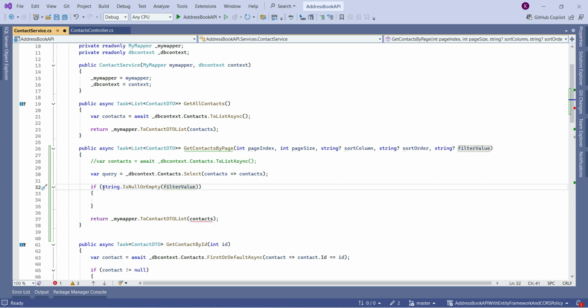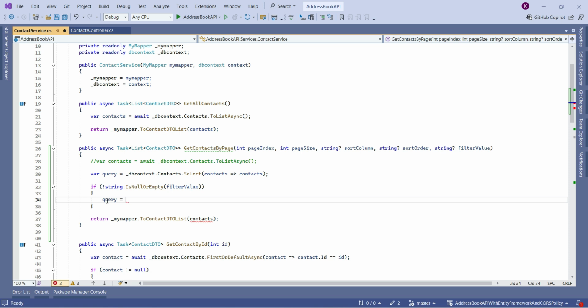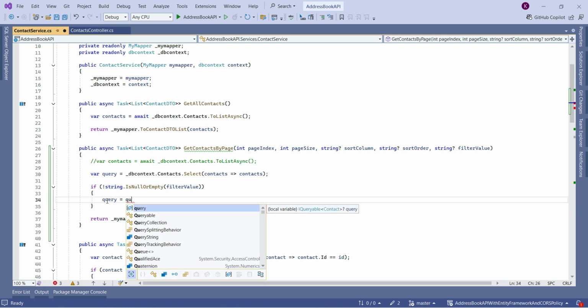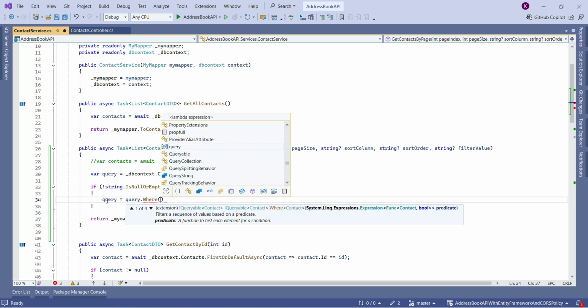And of course, we need to put an exclamation mark in front of it, because we're checking here if it's not null or empty, we're gonna do something here. So now we're gonna continue building on top of this query. So we're gonna say again query equals query, and we're gonna have a where statement. And now instead of contact, we're gonna say just C,